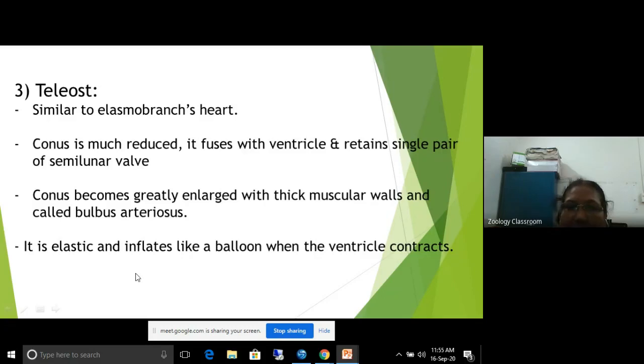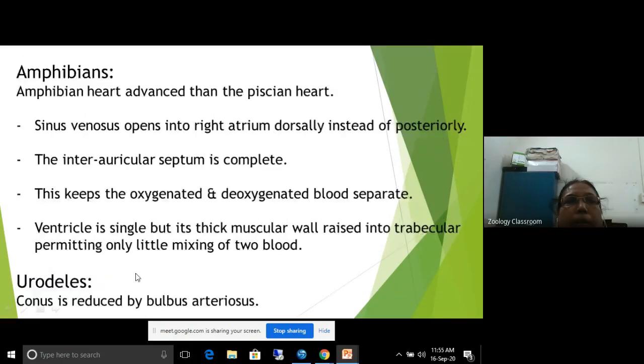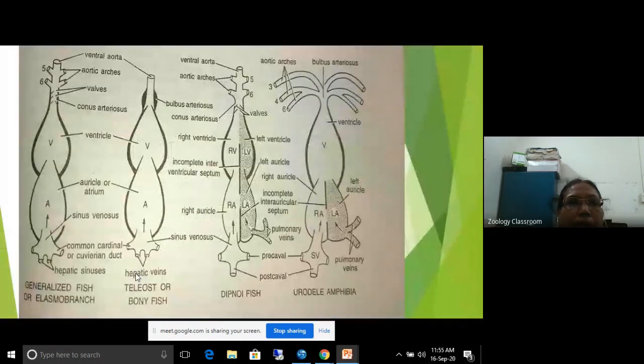So we see in the diagram. This is the heart of